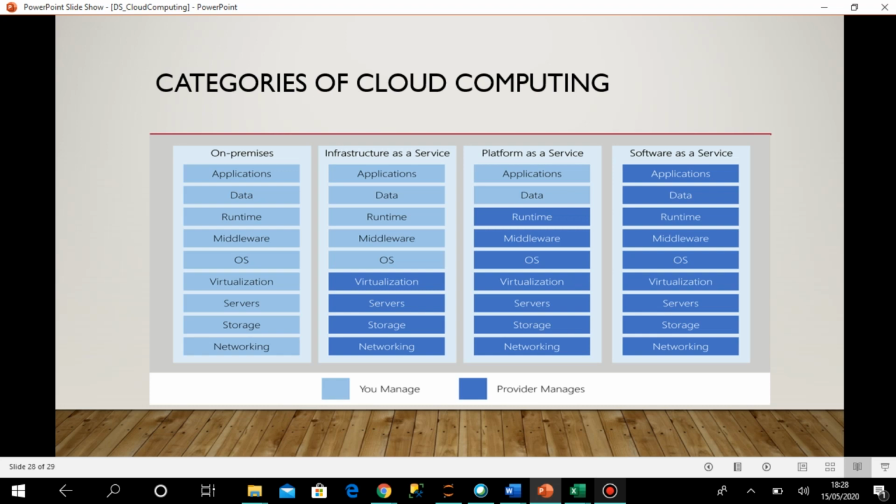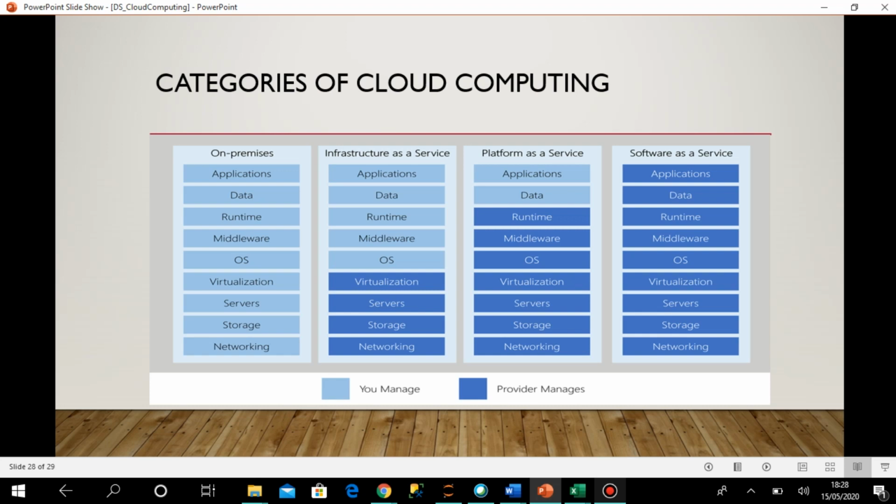So you can just go there and start creating your application. Suppose you want to create a specific database application, you can just start creating it. You need not bother about what installations are required. You can only concentrate on your application and data. So that is platform as a service.